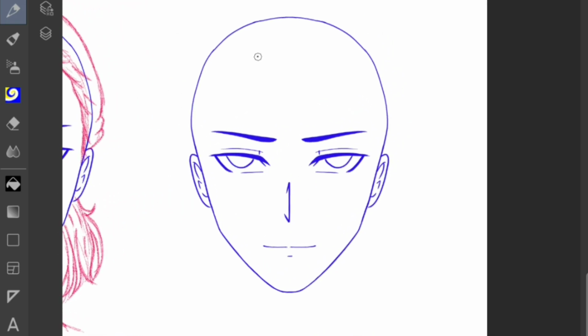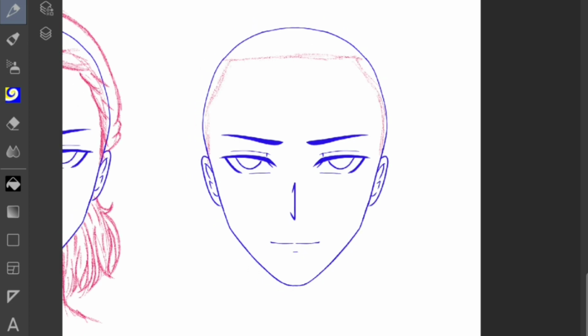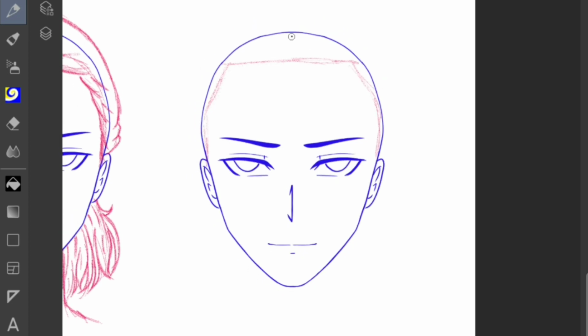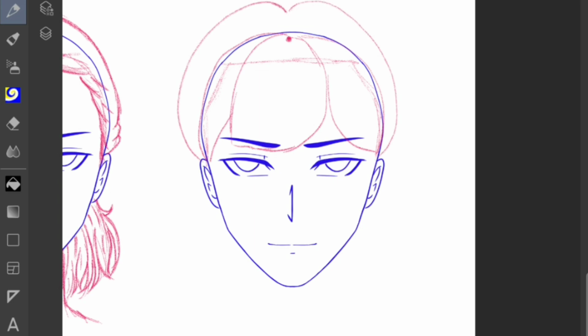Okay, now for the third one. I want him to have shorter and slightly wavy hair. I'll define his hairline. In this hairstyle, the hair flows from one single point, so my sections should respect that. I will go section by section, adding details.